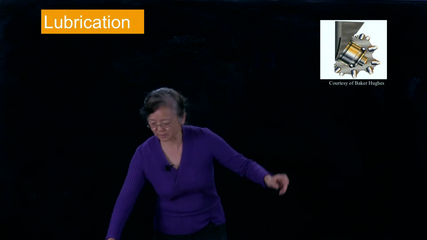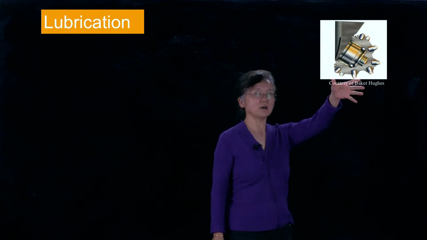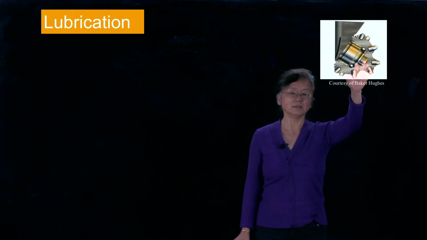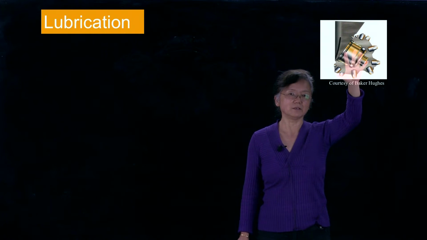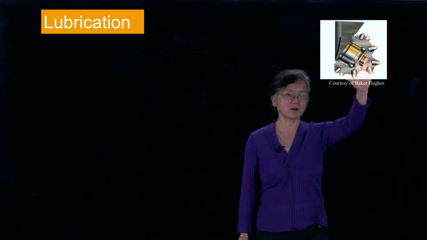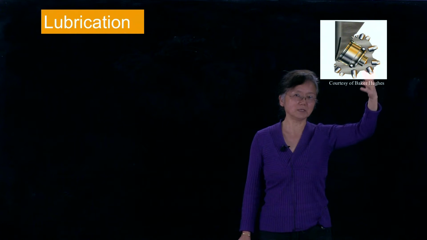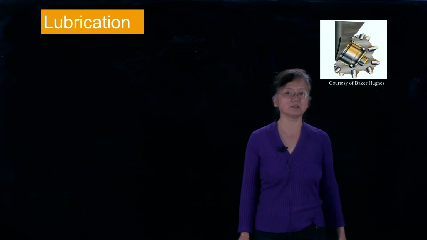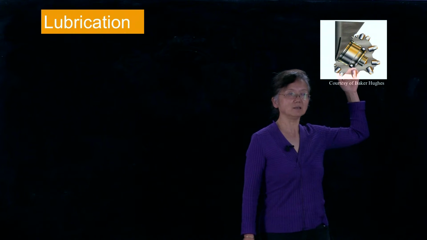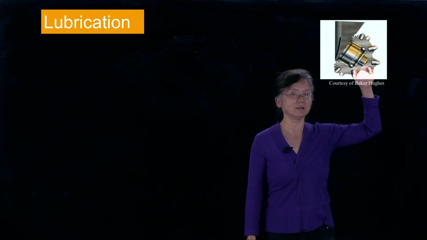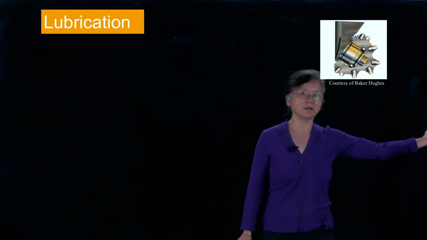So here is another example. This is a rock drilling bit. You see here is a shoulder shaft, and outside is a conic-shaped cutter. And the cutter rotates around the shaft and does the cutting action. So load is applied, which is due to the rock cutting, in the radial direction and also in the